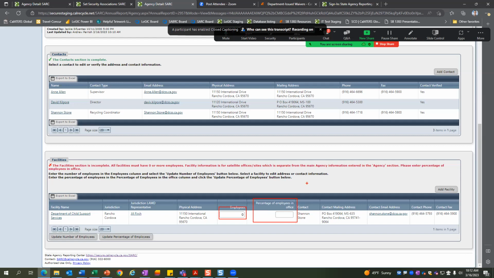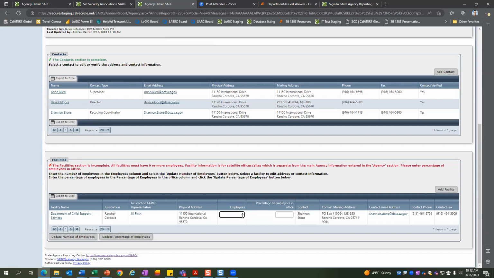Percentage of employees in the office. What this is doing for us is giving us a little bit better picture of how much waste is being generated based on the number of humans that are actually in a physical location as opposed to teleworking. Because for the employees, you do want to state the number of employees that are assigned to this location, whether they're teleworking or in the office. We'll say there's 20 assigned here. And then for this percentage of employees,